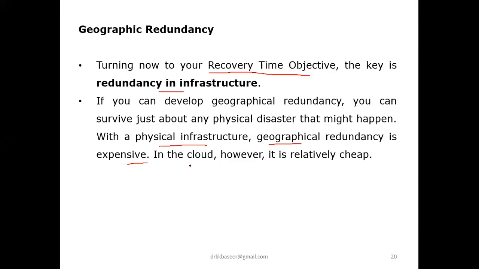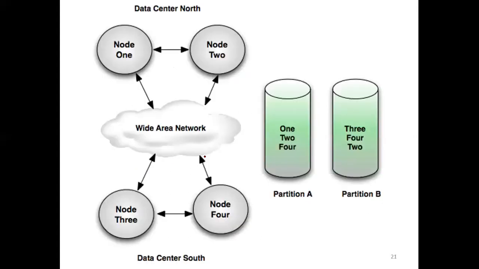If you consider the cloud, the topic itself, disasters in the cloud, and you build this same infrastructure with the help of the cloud, it will be relatively cheap. So the problem with physical infrastructure is that maintaining the different data structures is a cost; it is expensive. To overcome that, we are going to focus on cloud geographic redundancy, where it looks a little bit cheaper, right? Now I'll show you an example here in this scenario. Let me see one example here.